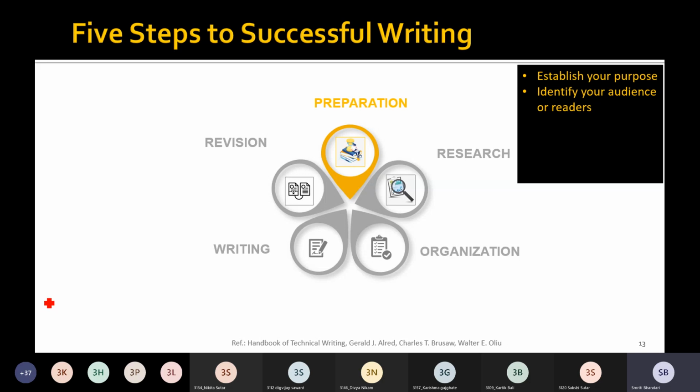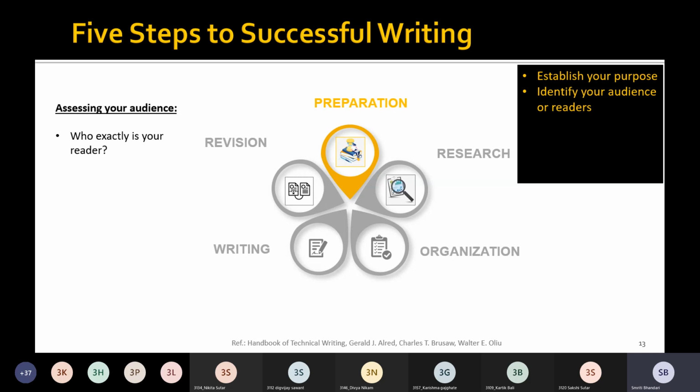Identify your audience or readers. So now you have established your purpose for the technical document, and now you need to identify clearly your audience who is going to read your document, right? So once again you need to answer a few questions.